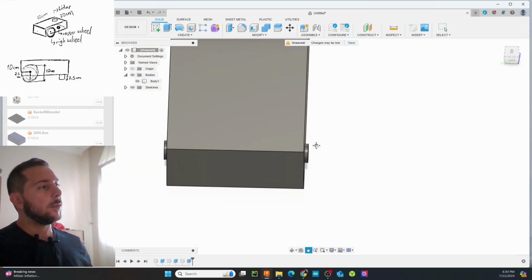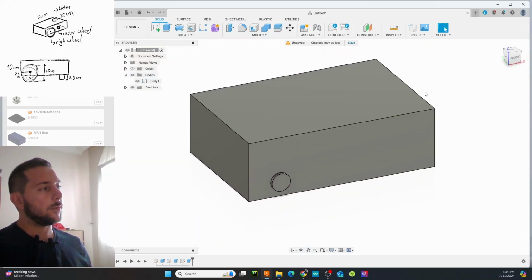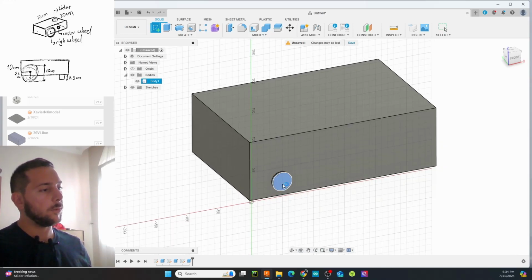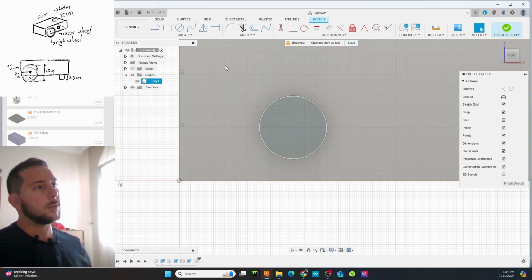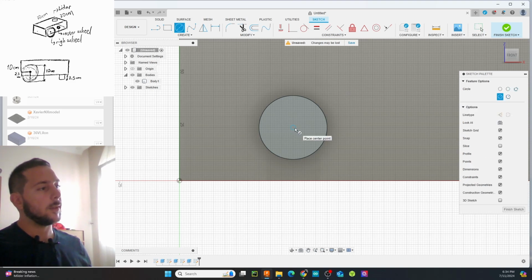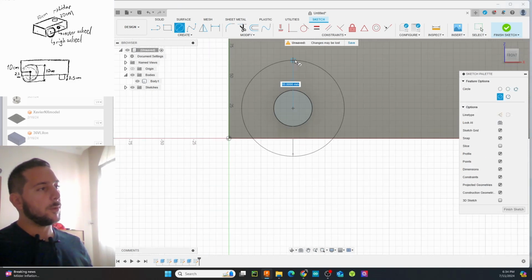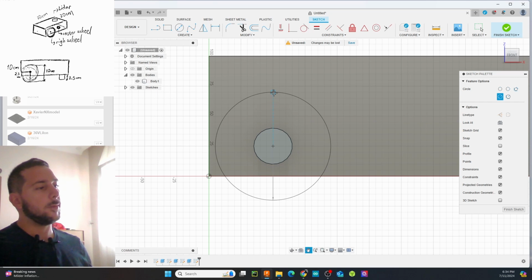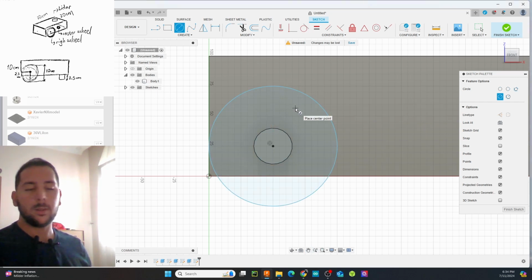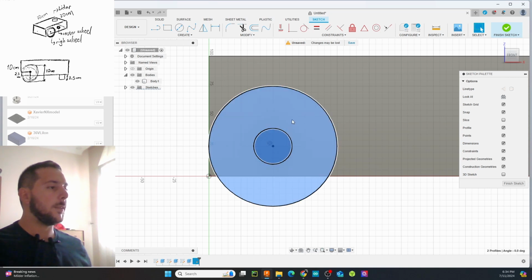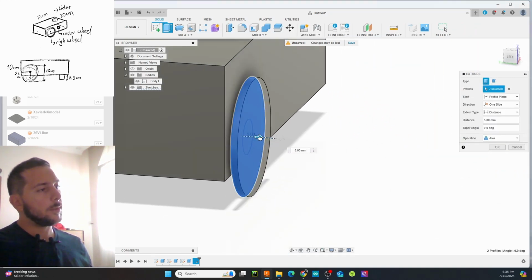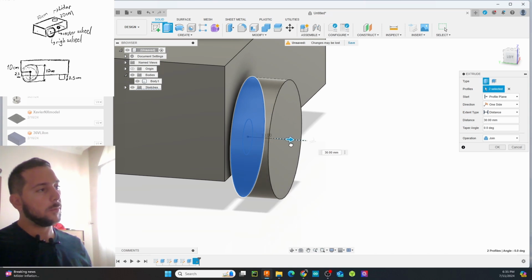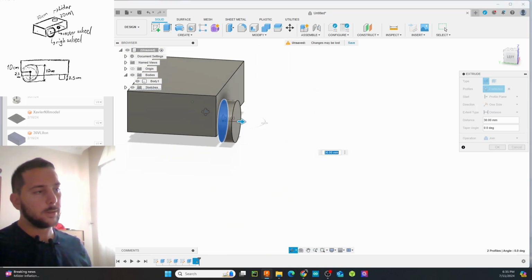Then now we are going to generate our wheels. So what are we going to do? We are clicking on there. As you can see, this is the center of this circle, and we are adding this circle as our wheel, and it's going to be 10 centimeters in diameter. Then we are clicking on that and extruding it. So our wheels are going to be, let's look at that,